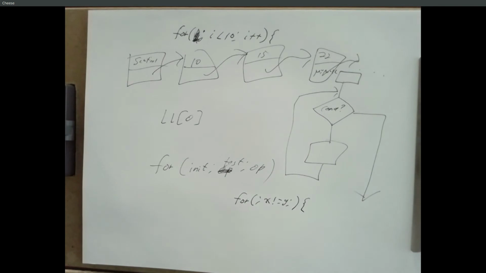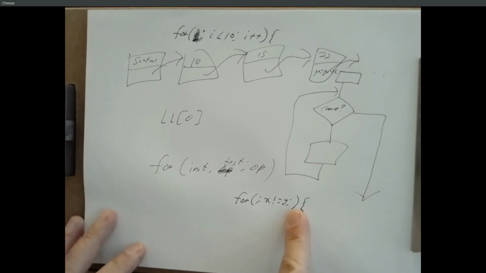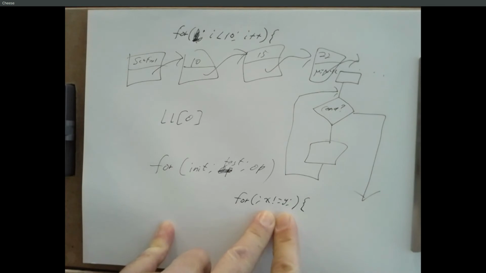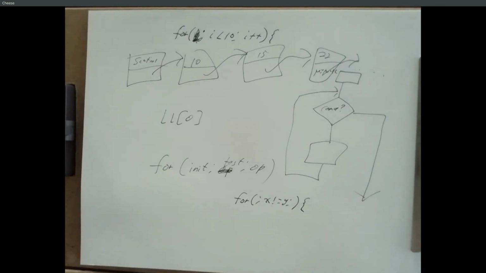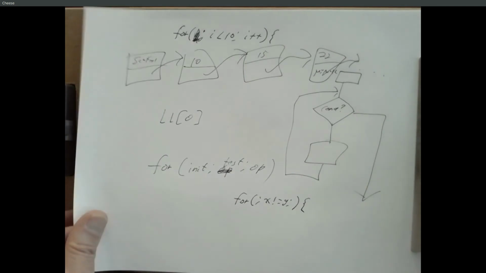That's going to work fine for the compiler, but that's really just a while statement. It's saying I don't have any initialization, I don't have anything I want done at the end of the loop, so basically as long as x is not equal to y, keep doing this loop. That'll work perfectly fine, the compiler has no problem with it, but it'll raise eyebrows, and at some places it